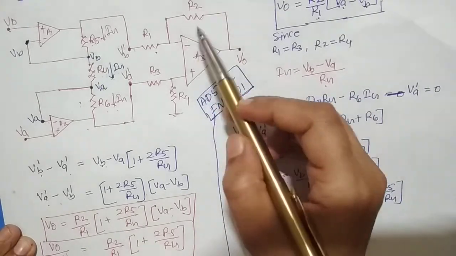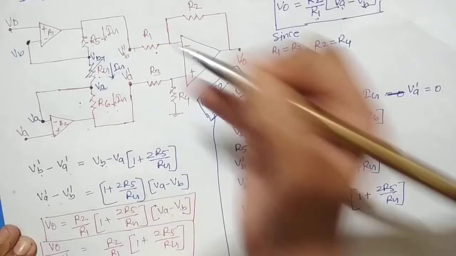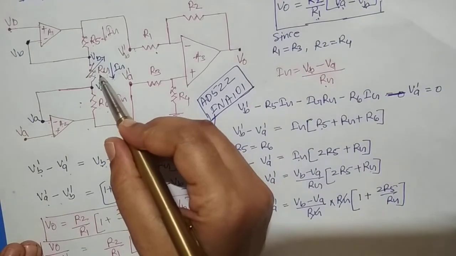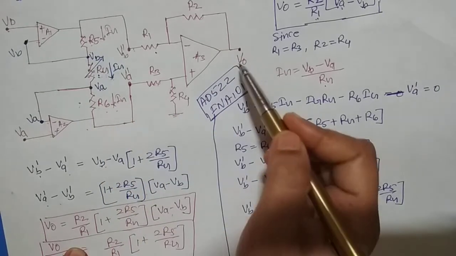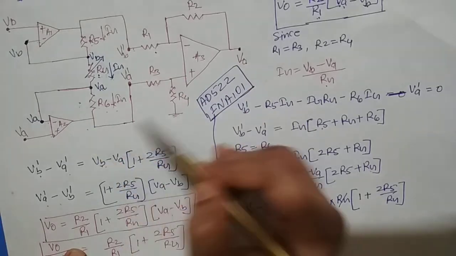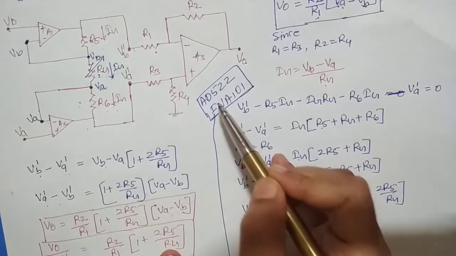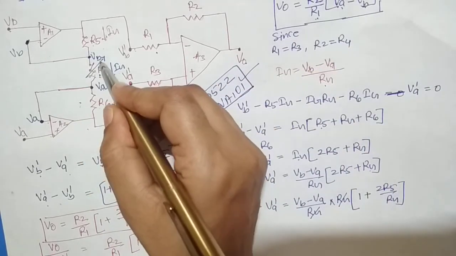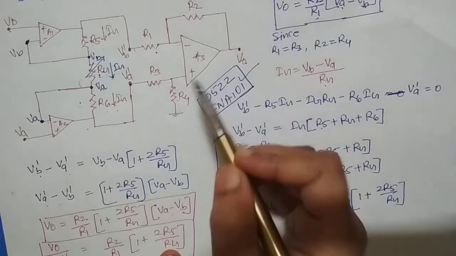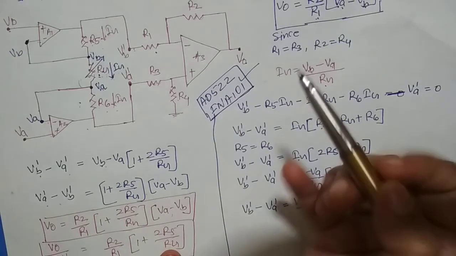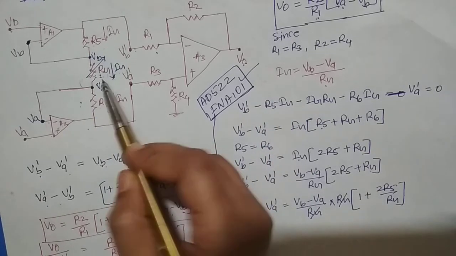These devices contain all the components except this Rg, and this Rg is variable. Meaning by changing this Rg, we can change the voltage gain or output voltage of this instrumentation amplifier, because all the components are integrated in these ICs, but this Rg the user can connect externally depending upon the application. Okay, whatever the output voltage or gain is required, according to this we can connect this Rg.